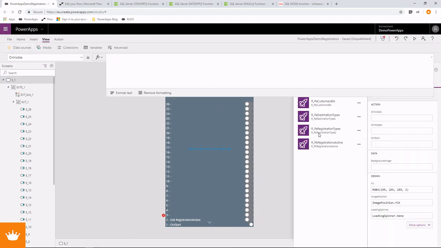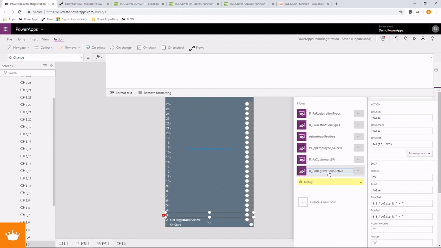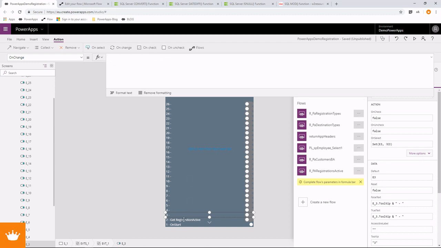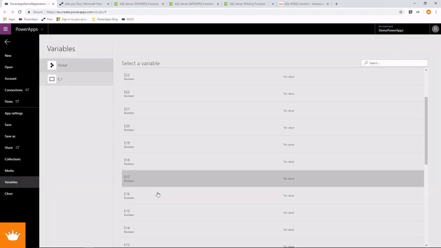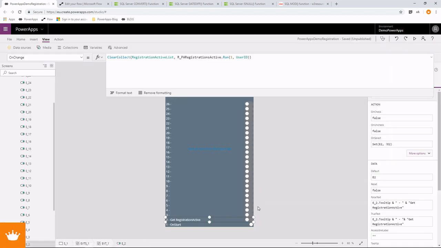So let's go to the data source again, go to the registration active and remove our connection. Then go to a clean button, go to the action flow, add our connection, and now we see we have two parameters we can put in, and our flow is restored, and we can try to put this. Now let's see if we already have our variables set. Okay, probably not. User ID has no value,